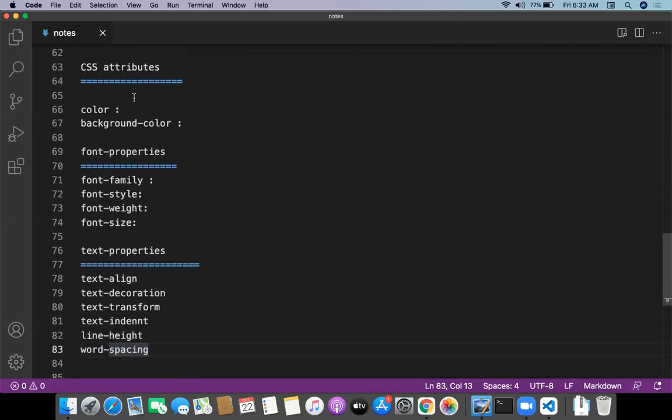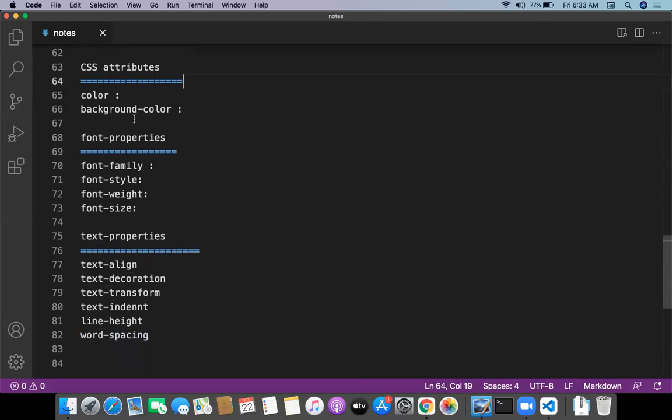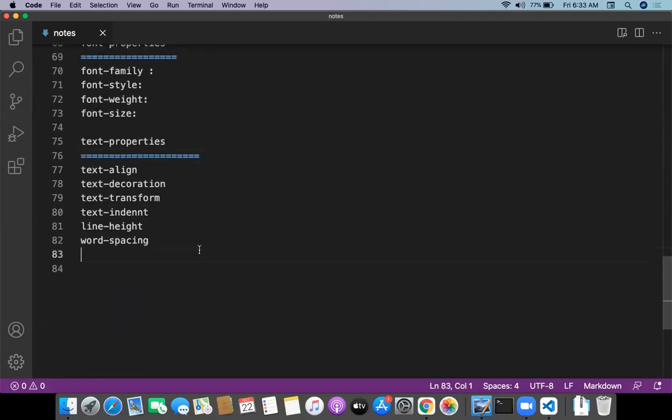Whenever I go to the program, first of all, we will go to the colors, then the font properties, then the text properties, and after that we will move to the selectors, different kinds of selectors. All these are actually topics for the CSS.